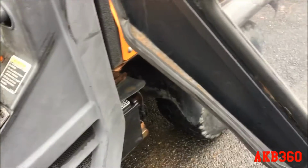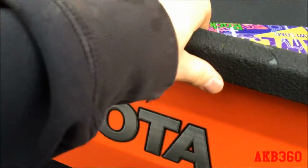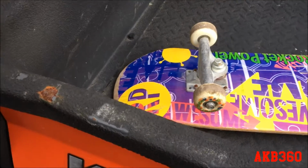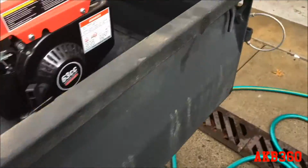The seat's got two little tears, and overall it's a little rough. The oil change was just done. I do have to check all the fluids and stuff. And then the bed has bed liner on it, which at some point should get redone. This corner over here